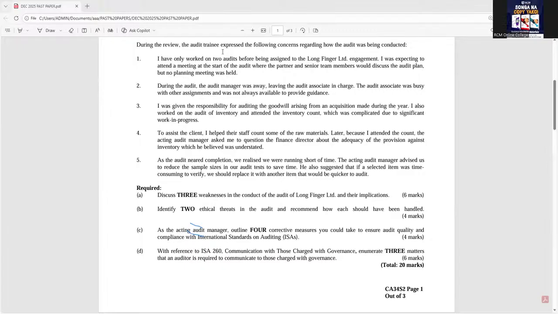Then if you identify any risks, or for example, breaches in the internal controls and internal control systems, you can communicate to those charged with the governance so that they can take corrective measures to improve their internal control systems. So what can be communicated is, number one, the scope and timing of the audit. We can talk about your audit findings. You can talk about inquiry about the written representations. You'll have to communicate to them to provide those.